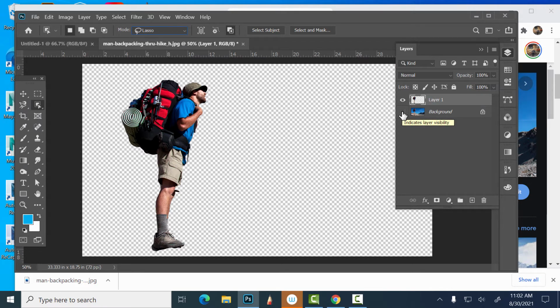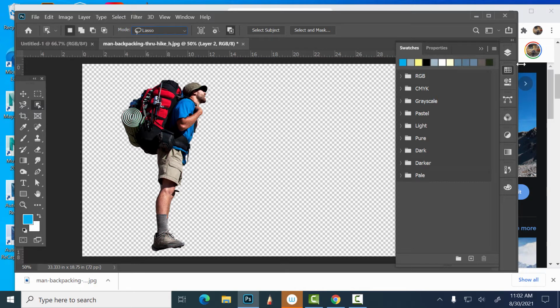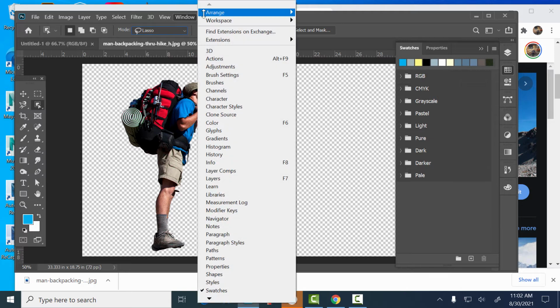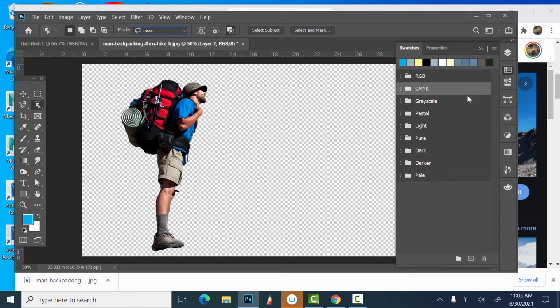You guys see that? Like if I want to check it, and I always want to check it. So what do we have right now? He's sitting on a transparent layer, correct? How do we know that? Because he's got a checkerboard behind him, okay? What I usually like to do is I go up here. Now, okay, so this is my Swatch Palette, which again, all my palettes live under Windows. So it's color, or I think it's just swatches. Swatches right there. So it's just your basic Swatch palette. Look how it's broke down, which I don't like actually. But you can make your own palette. We'll talk about that